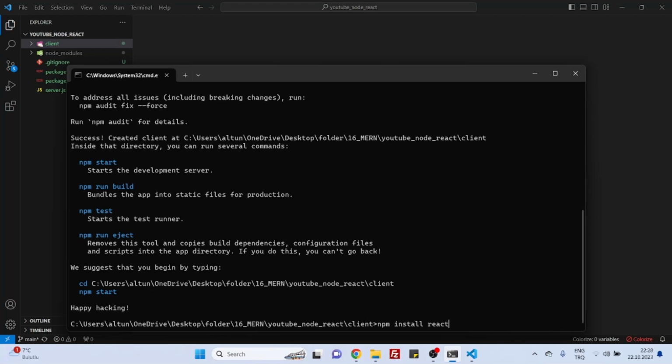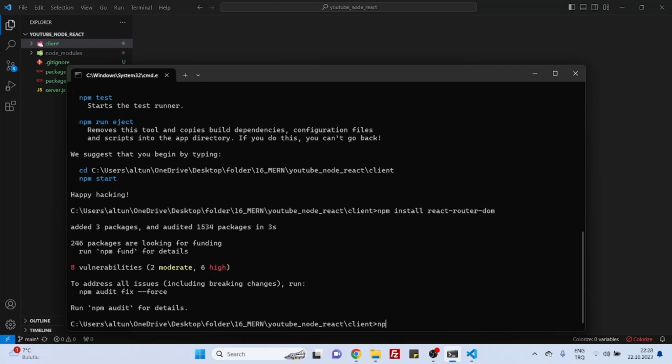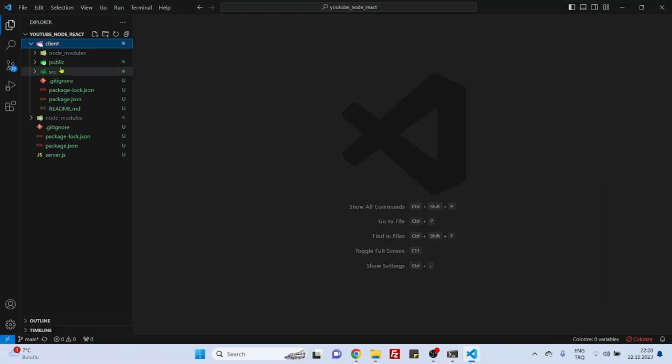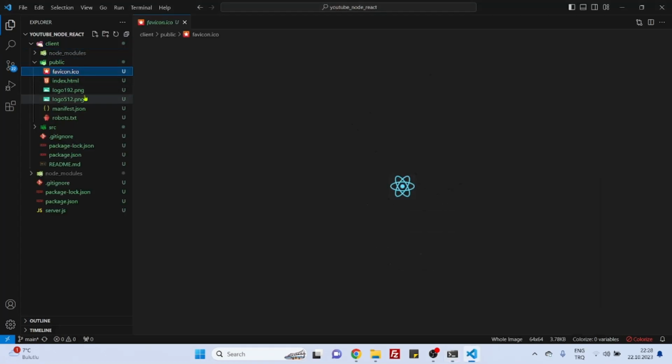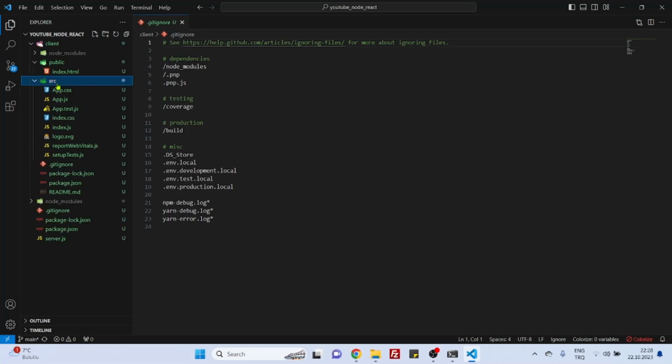So we will say react-router-dom because I want to create a routing. Also, we will install the Axios package. So installation is complete actually. Now we can go inside client, and let's first make a cleanup, grab everything here except index.html, delete them, and also open the source folder,